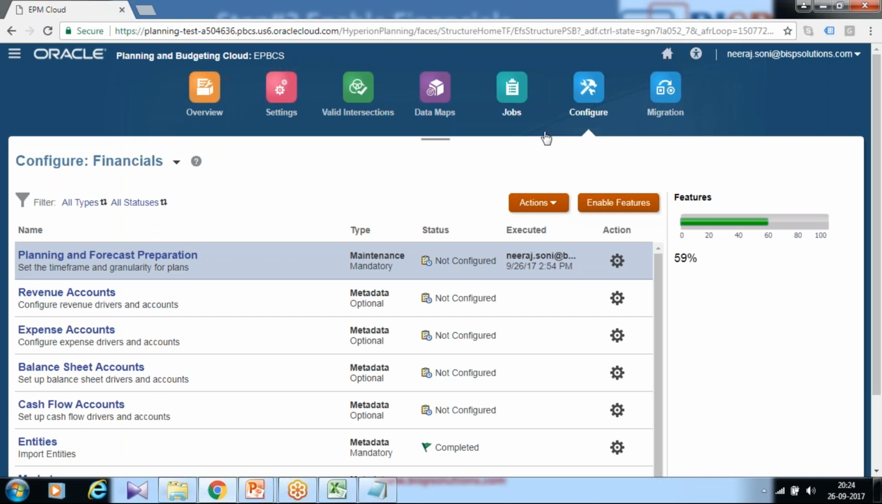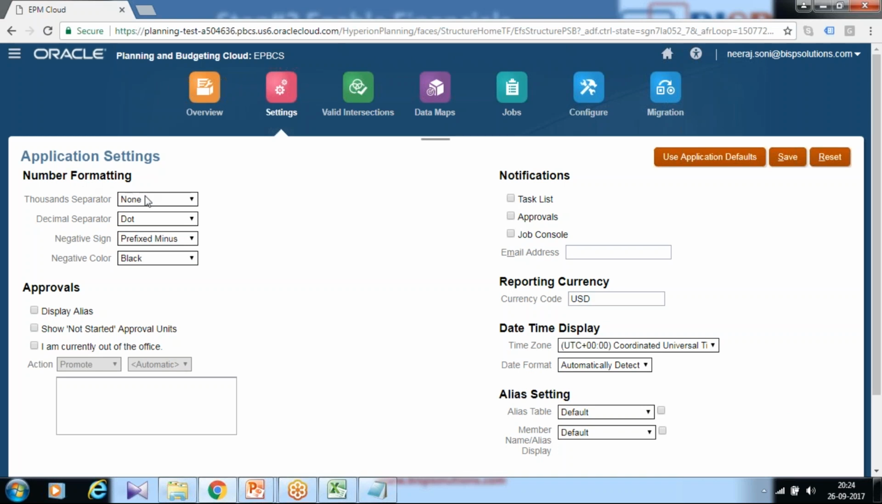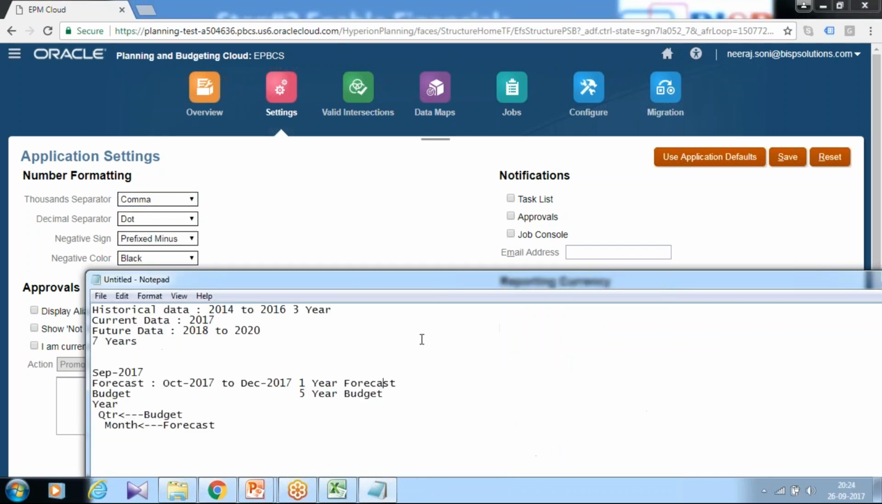We are done with this. There are a couple of minor application settings. You can do it now or you can do it later. Under settings, for example, I like to do a number setting, 1000 separator comma. So how you want the numbers to be represented, like some organizations or some countries, the representation is always done